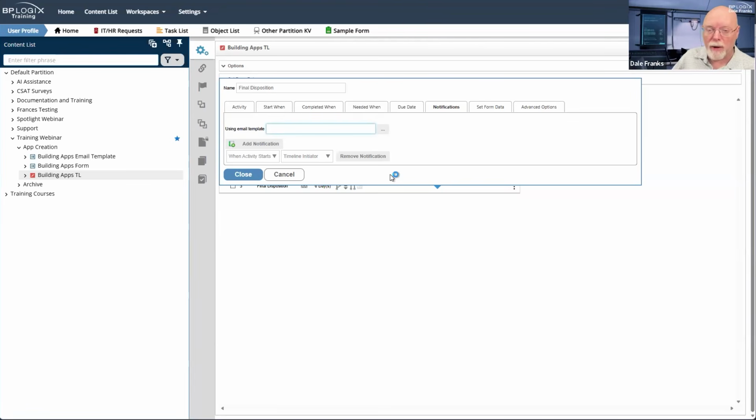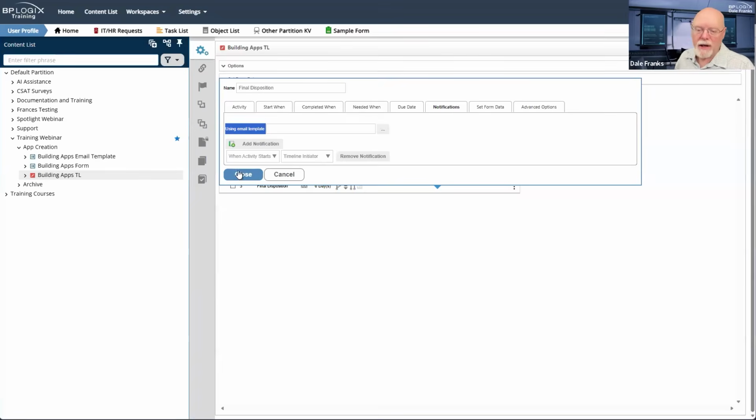It would be possible to build 3 different email templates and to send them at different times, because on every activity on the notifications tab, I can choose a different email template. Now, we do have some situations where there are very complex activities that do different things, and you may decide in that scenario that you want to build multiple email templates. Now, that does make your job a little bit harder.